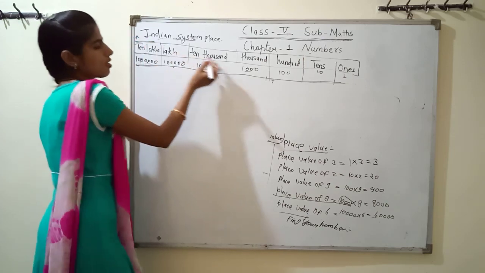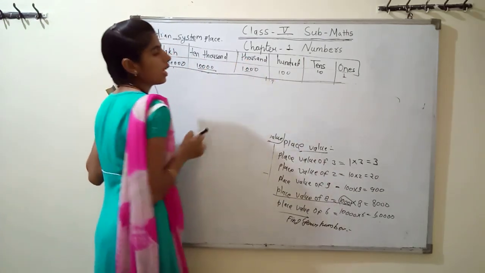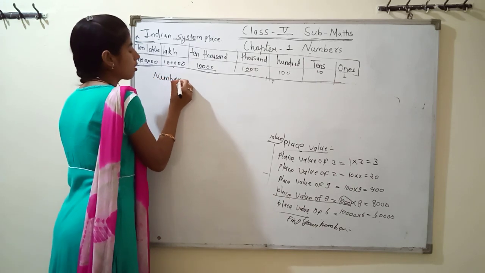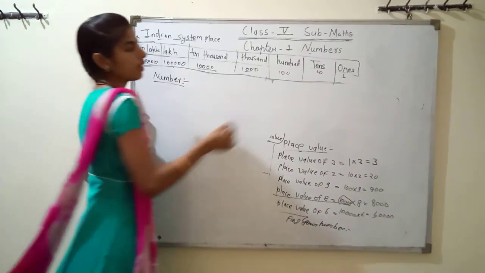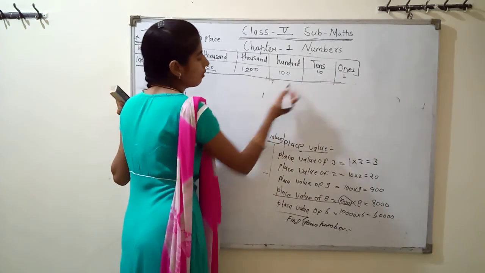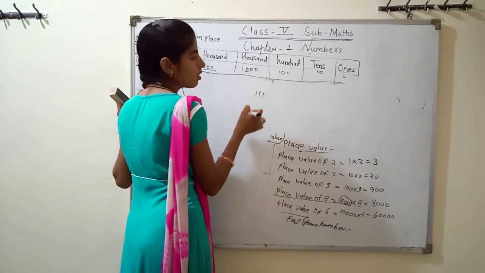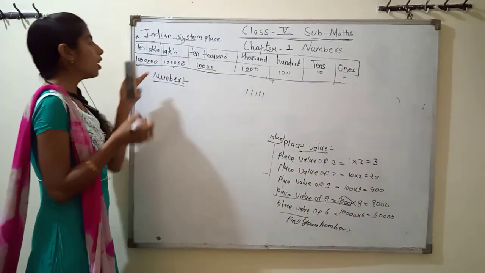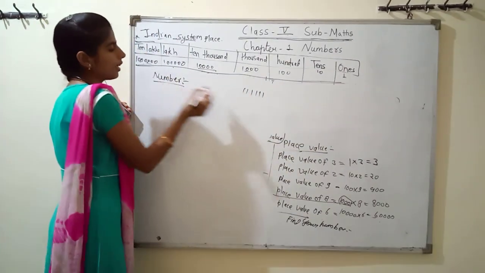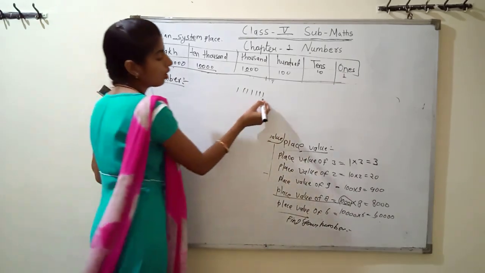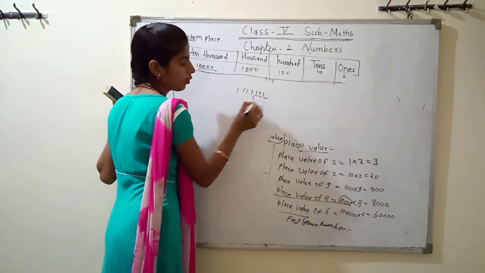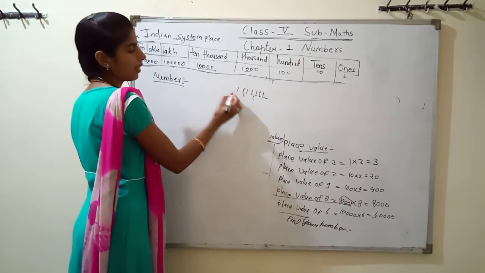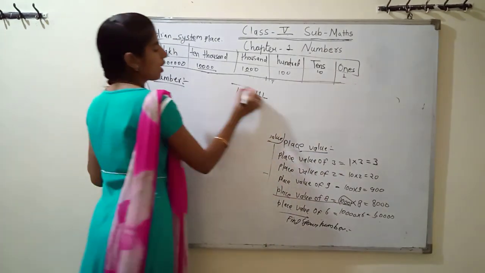See in your Indian system table and tell me what your number is. There are two methods. We directly write the ones value is 1, the 10 value is 1, the 100 value is 1, the 1000 value is also 1, the 10,000 value is 1, the lakh value is 1 and the 10 lakh value is 1. Now we put a comma here: ones, 10, 100, comma, 1000, 10,000. After the 10,000 we put a comma, then lakh and 10 lakh. That is your second method.